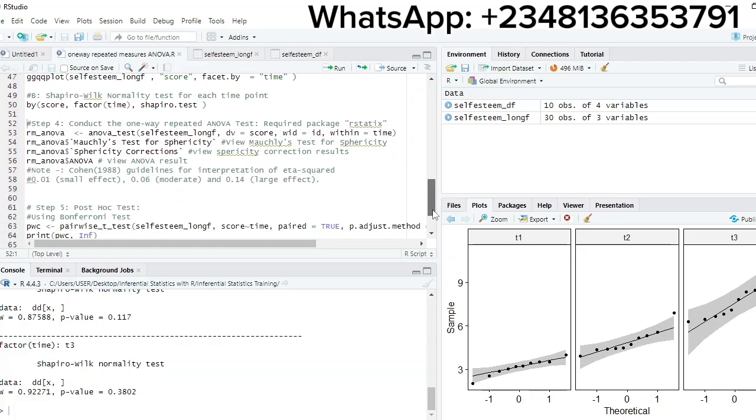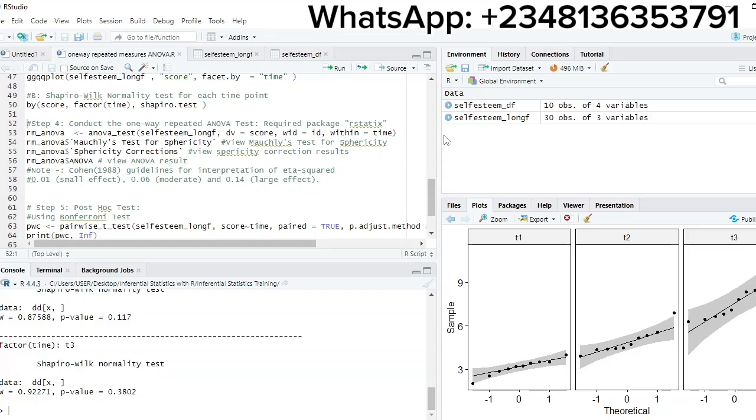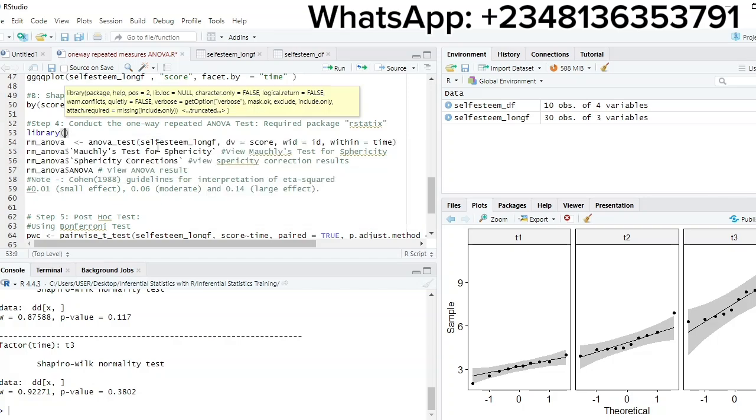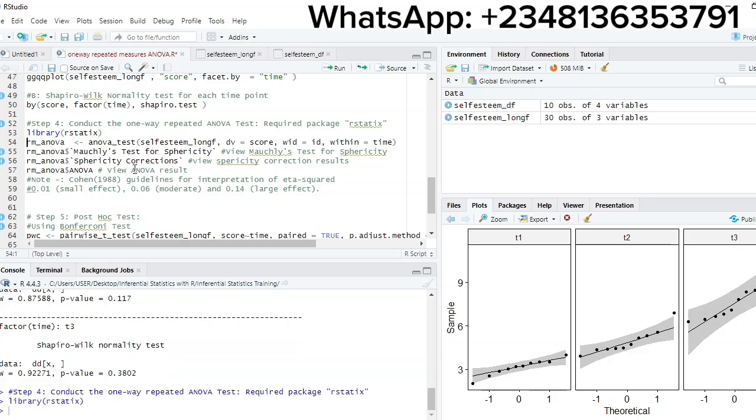So conduct a one-way repeated measures ANOVA test. To do that, we need a package called rstatix. Let me do library rstatix. So now load the library. The function we are going to use is anova_test, and the first argument is going to